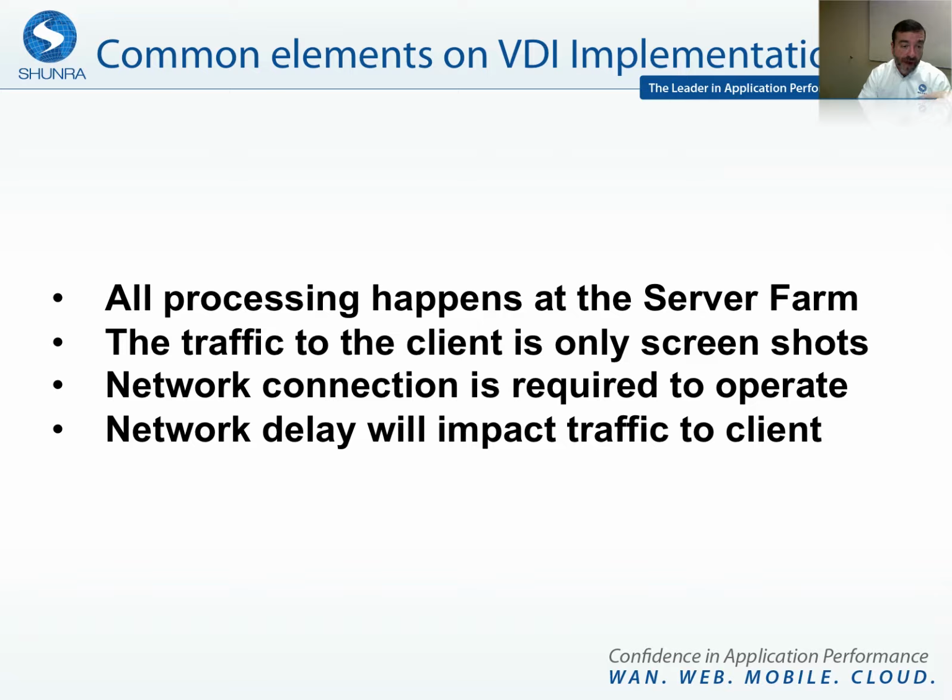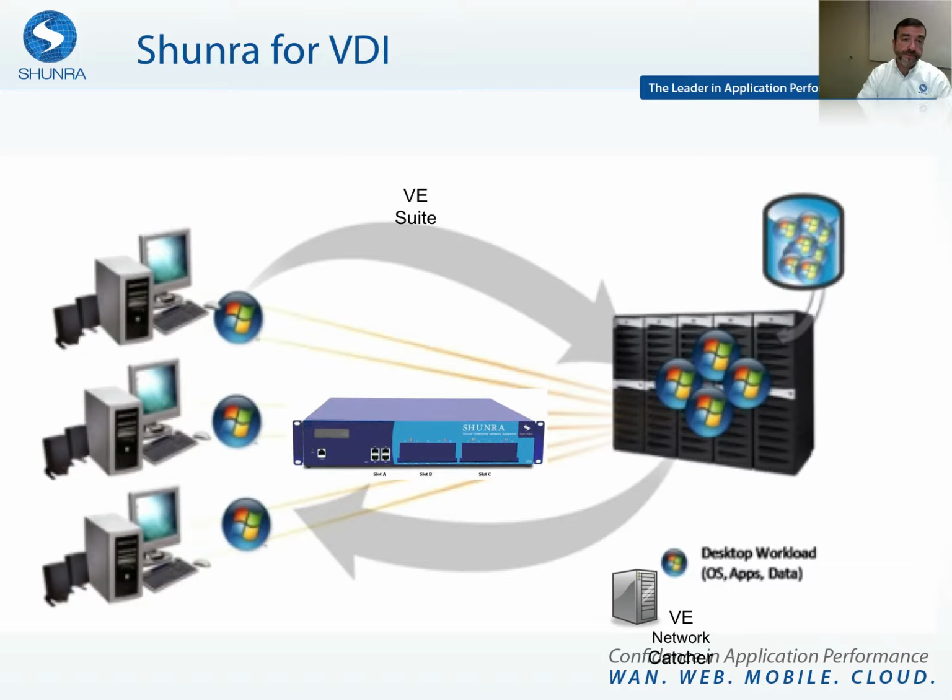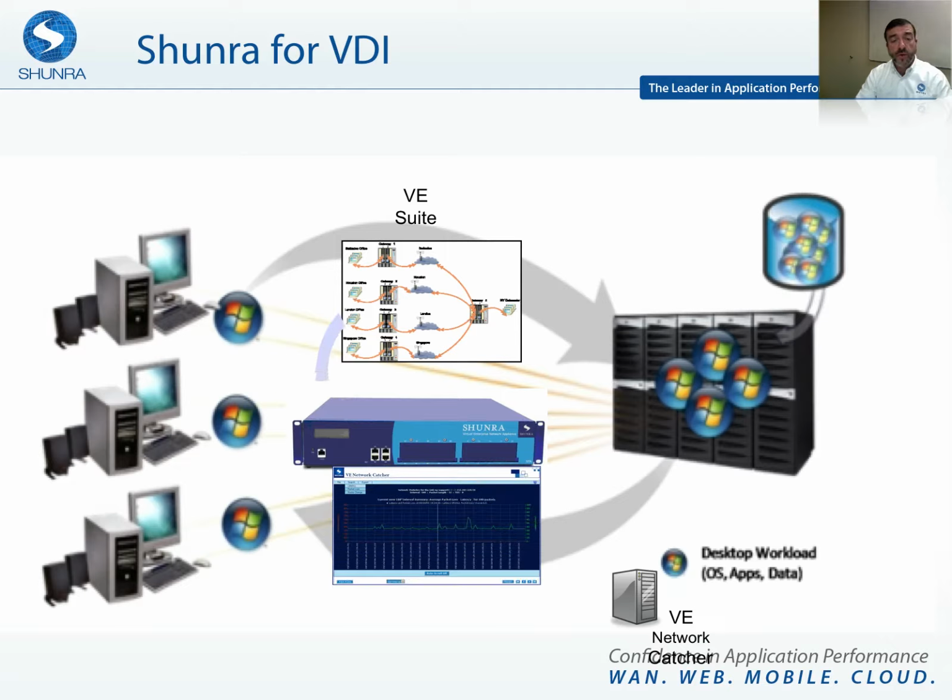And obviously from our perspective, network delay and network availability, the size of the pipe, the length of the pipe, will impact significantly the traffic to the client. So, what is Shunra bringing into the picture? Well, obviously, Shunra, being the web, mobile, and cloud company, provides you with your private version of a network for